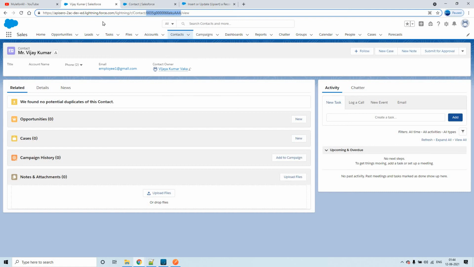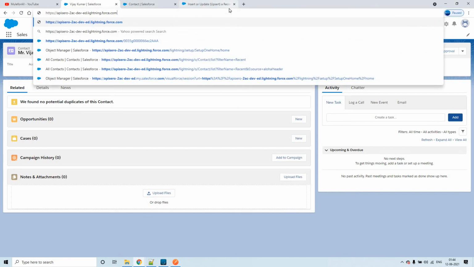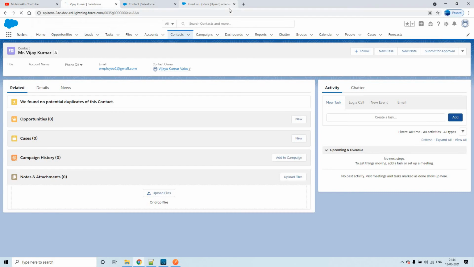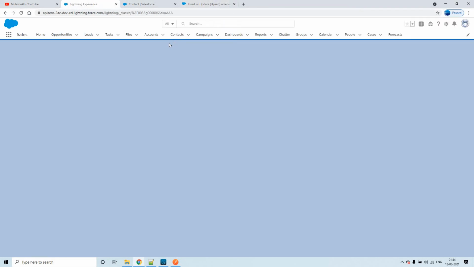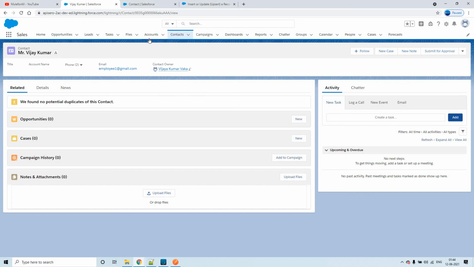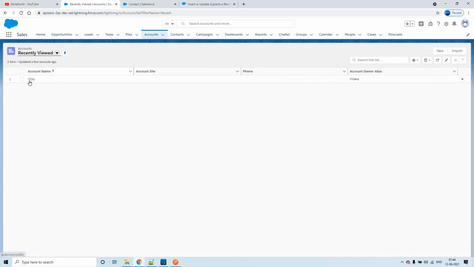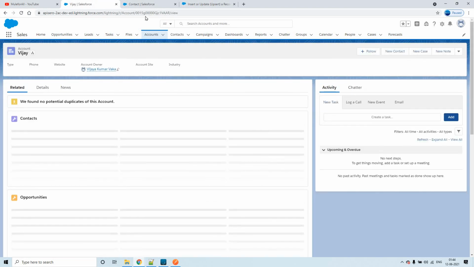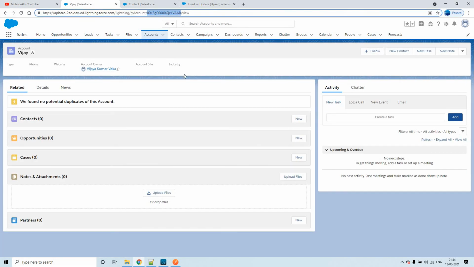Let me copy this. For example, if I copy paste this, I'll be routed to this contact. If I click accounts, we have one account with this name. Again for accounts also we'll have one record ID, for this particular account.